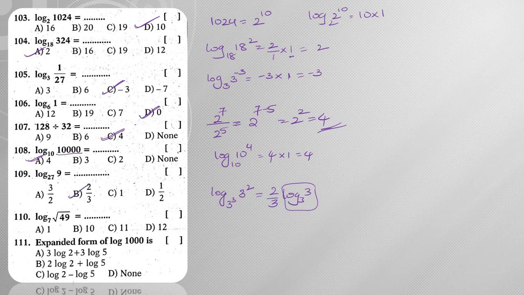Next, moving on to question number 110. Logarithm of square root of 49 is nothing but log 7 to the base 7. So log 7 base 7 is nothing but 1. Hence the answer is option A. Next,